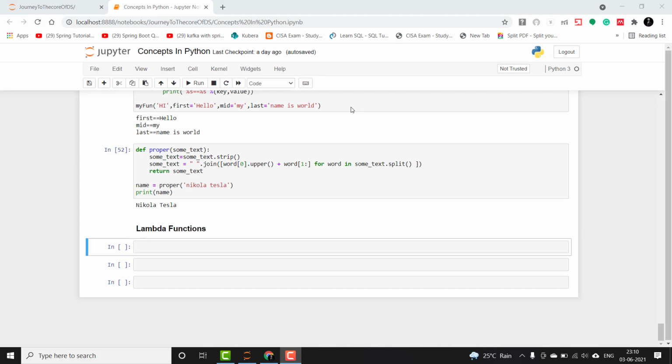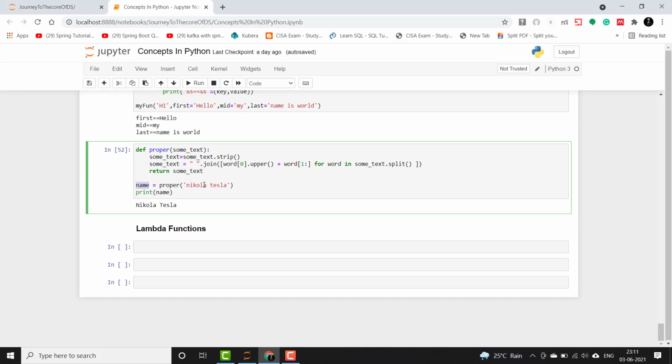So guys, let's look at lambda functions now. A lambda function is an anonymous function that has only one expression but can have multiple arguments. When we think that the task of computation is small and does not need a new function built, we can use lambda functions in those cases. Let's say that I have this name Nikola Tesla and I want to split that using a lambda function.